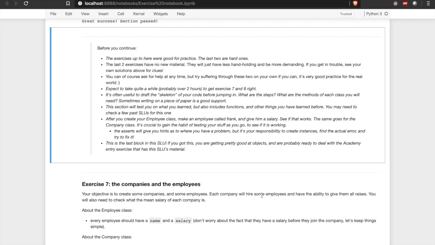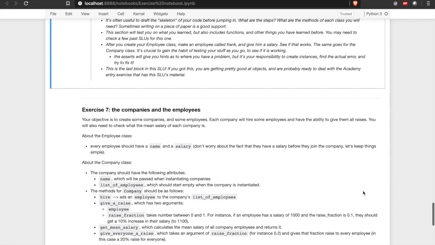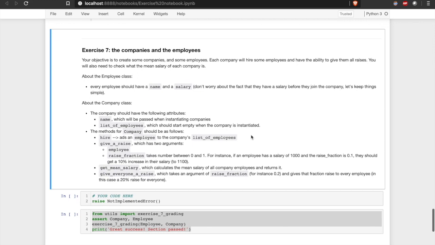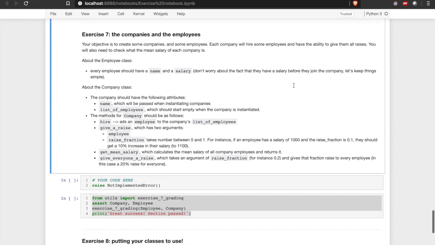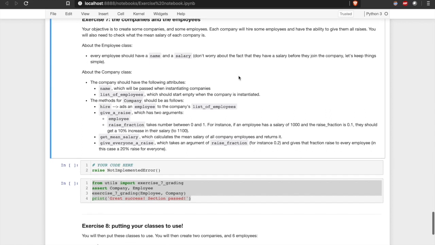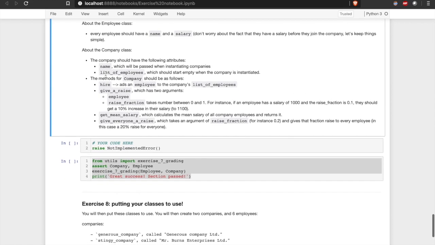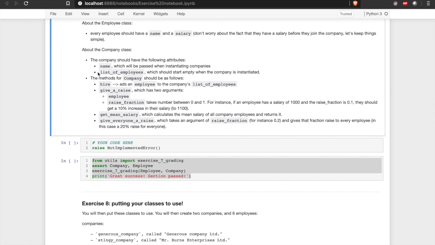Okay, and now we are on to exercise 7. Let's see, exercise 7 starts with companies and employees. We're going to create some companies and some employees, with the ability to hire and give them raises. Cool. So the employee class should have a name and a salary. The company class will have a name, a list of employees, and a